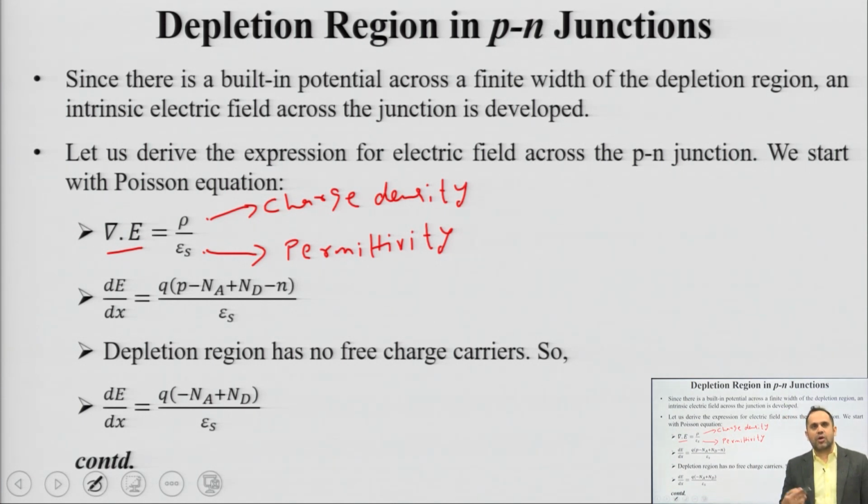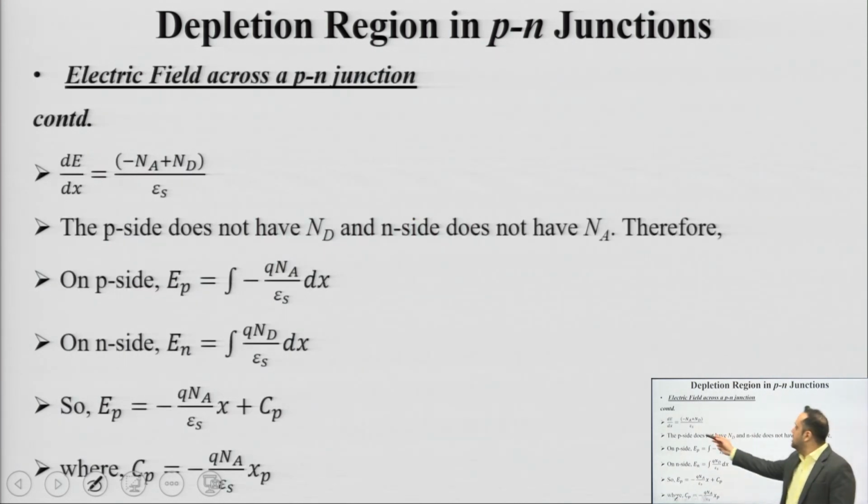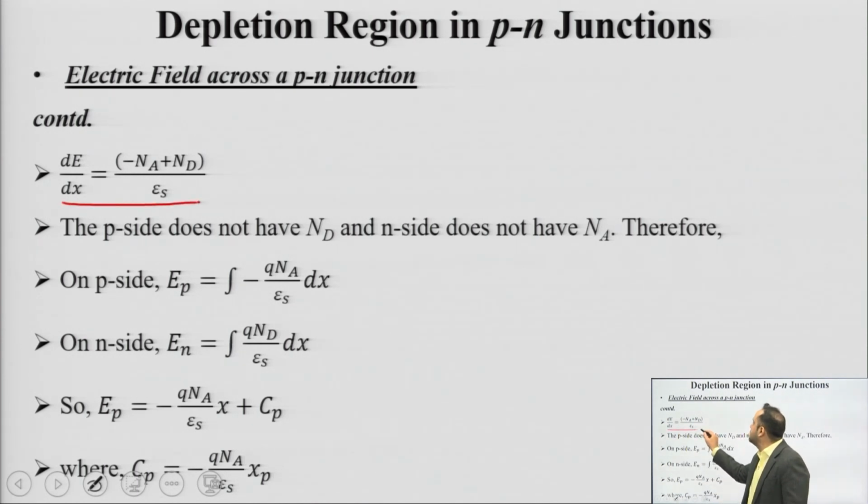Depletion region is called depletion region because it is depleted of free charge carriers. So, P and N are 0 inside the depletion region. Why only depletion region? Because electric field is only present inside the depletion region. So, I only use the doping densities. So, dE by dx can be written as, there is going to be another term Q here.